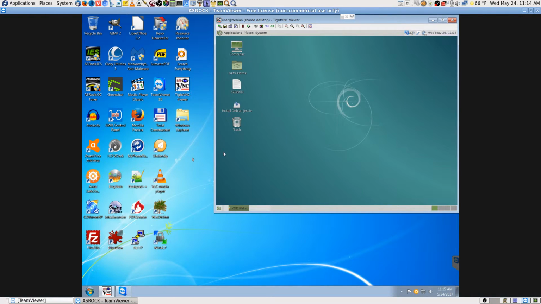And Vino's a good server. There's several of them. TigerVNC server is probably fine. I think it may be the viewer that's slow. I'm not sure. But let's see. Yeah, TightVNC is slower. That's what I'm running on the Windows 7 machine, and it is slower than TeamViewer between Linux and Windows. I think that's the only time I've noticed any real trouble. So anyway,